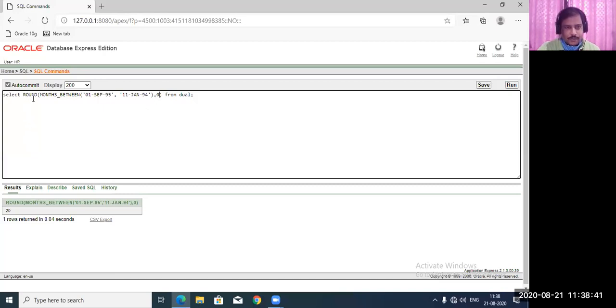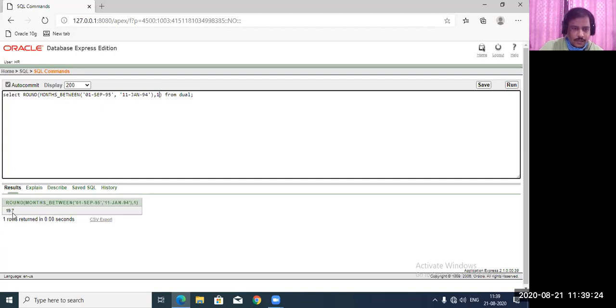So now, we have already discussed these number functions. Round makes a round of a particular integer value or decimal value. The fractional or decimal value can be eliminated here because we gave 0. If you give 1, then the next point will come, 19.7, because we have 6, 7, so it is rounded to one place after the decimal. If you need to display more, you need not give the round function at all; it will display whatever fractional value you have. So this way you can calculate.